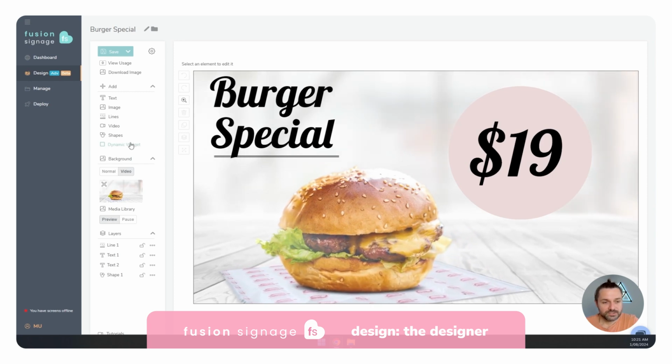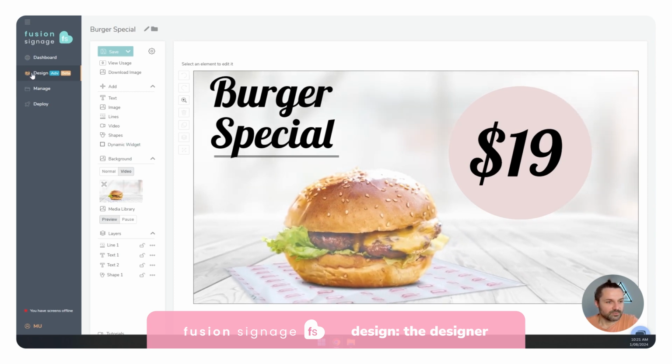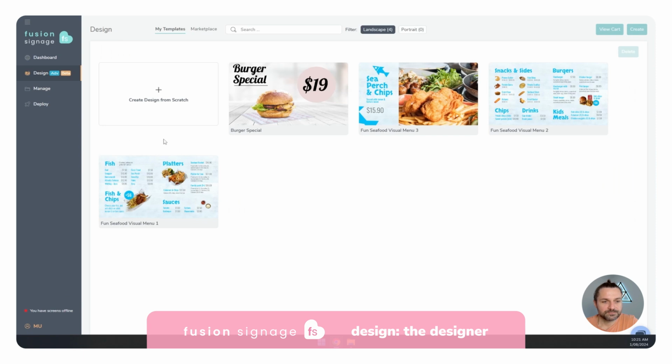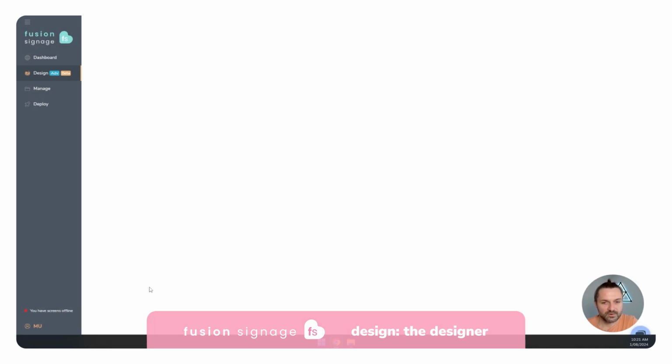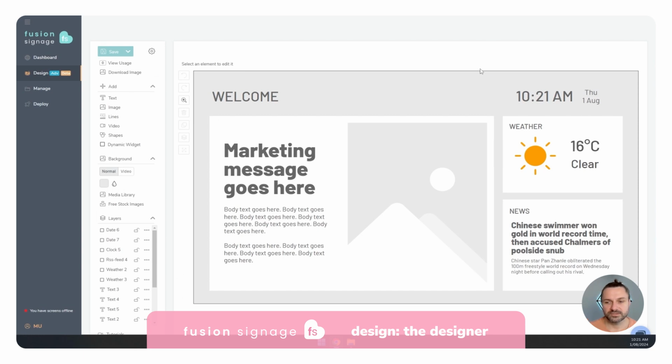So the dynamic widgets allow us to add extra information. Let's go back to our design section, and now you'll see we have this brand new design here that we've created as a template, which is a starting point that we can use to create something in the future. But let's go into the new designer and go into our dashboard down here, create this, and what we can see is that there's actually a few widgets already assigned here. So this has got a clock widget, it has the date, and it has the weather, as well as a